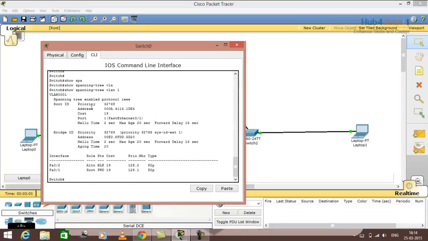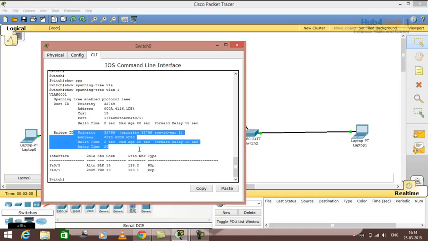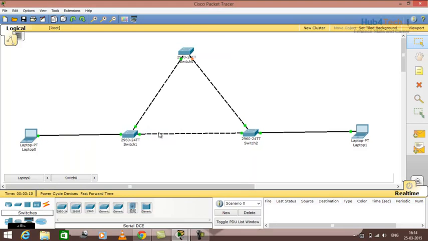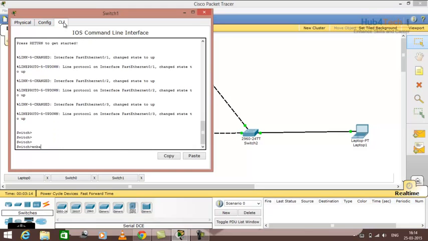You can see that this is the root bridge information and this is my information, right? So I'm not root because these two pieces of information are not the same. So if I go to switch 1 and try to check here,